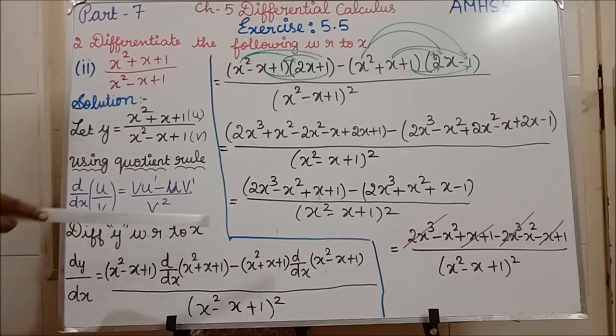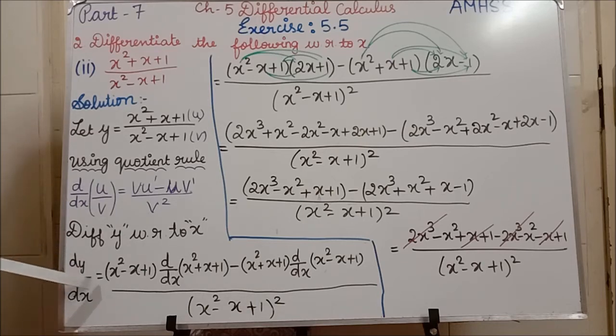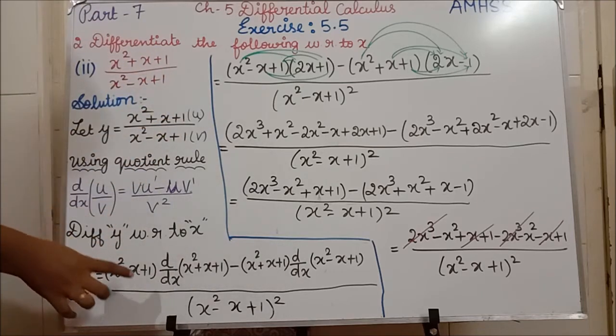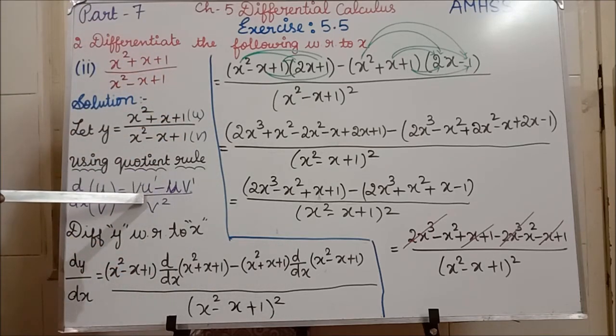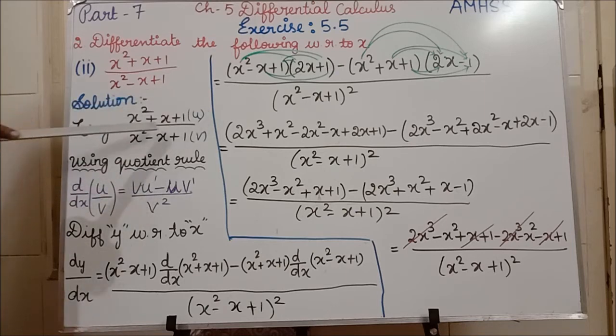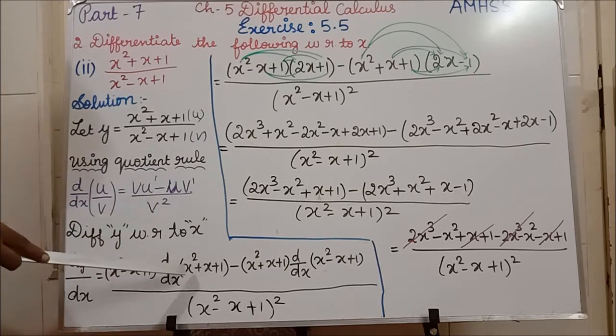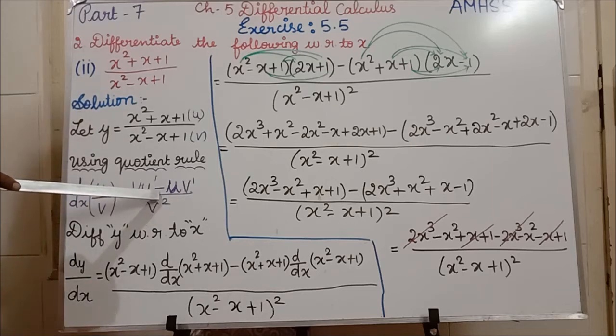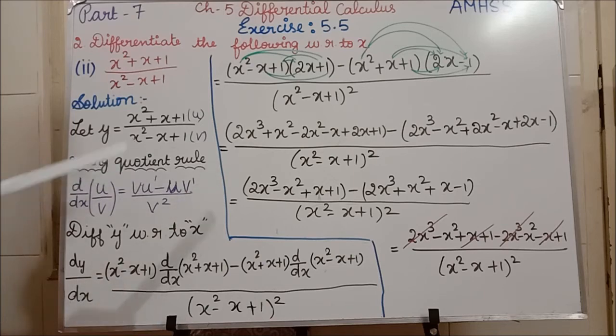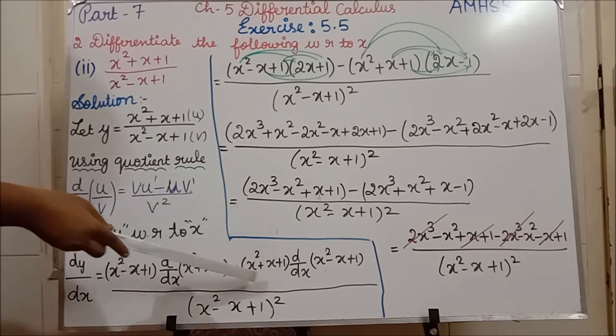Differentiating y with respect to x. So how we have to differentiate? See, dy by dx equal to v. Denominator is v, so we should not do anything to v. Whatever the v value they have given, the same you are going to write here. Next, u dash they have given, which means we have to fully differentiate u. So I am going to write d by dx of u, x square plus x plus 1, I have written. In the middle in the formula, minus, so minus. Now you have to keep u as such. So u is what? x square plus x plus 1 I have written.